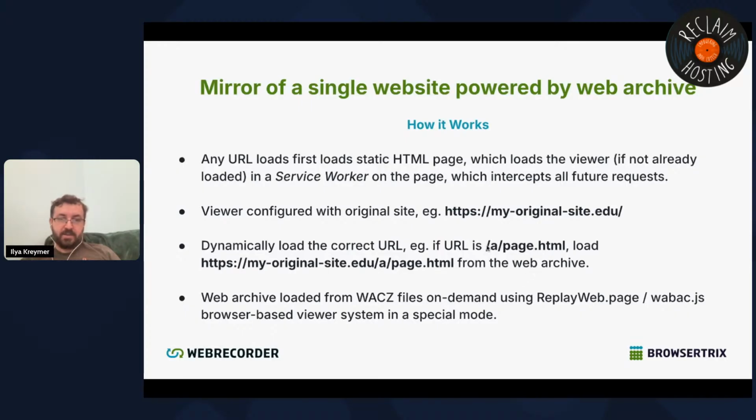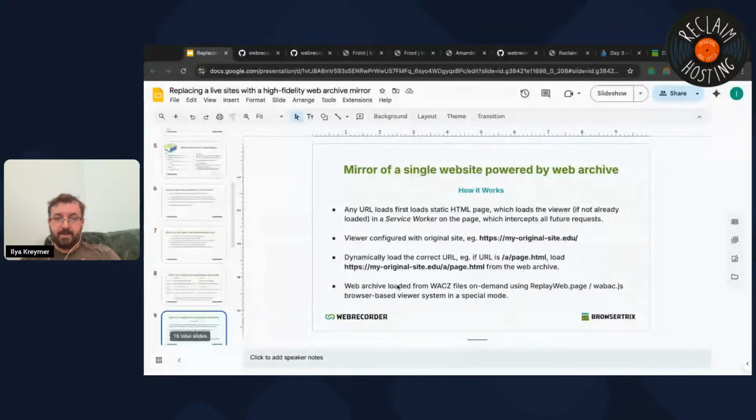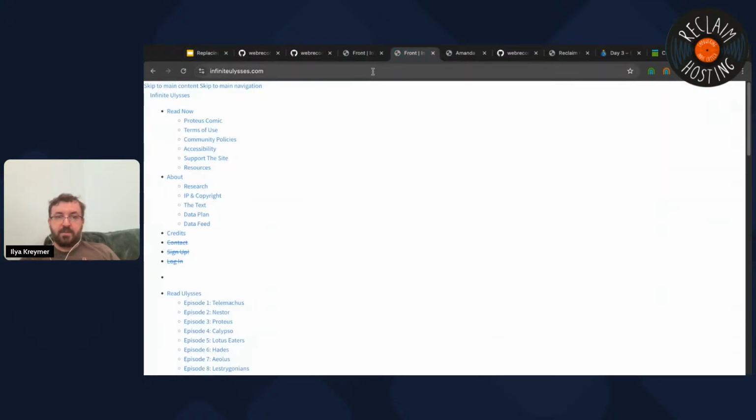So when you access, say, for example, page.html, it's configured to look up that URL from the web archive. And this is all done by making range requests into the zip file in the WACZ format, and being able to load that. A quick example of that: I want to show this site called infiniteulysses.com,